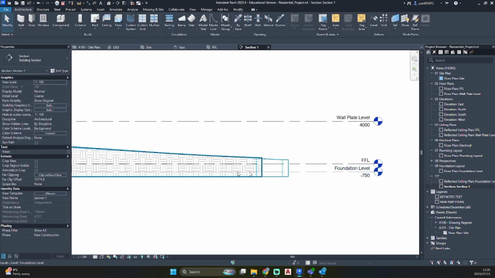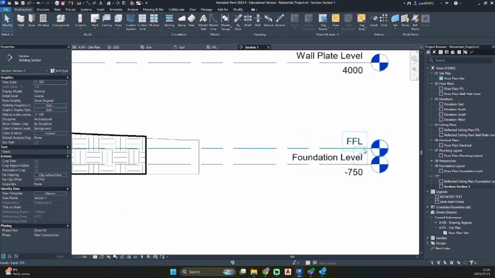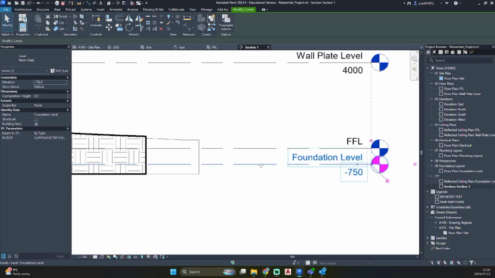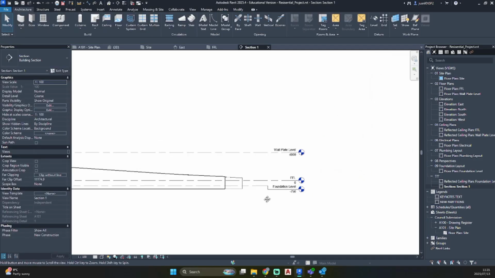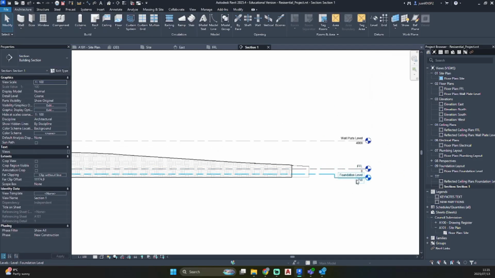So now we have our levels. As you can see, there's no dimension showing by finished floor level. If you highlight over it, you'll see it roughly behind the name of foundation level. So let's just click on our foundation level line. You'll see an elbow node. Just click on the elbow and your finished floor level dimension should pop up. So let's just click on one of these drag buttons and adjust our elbow, and that looks a lot cleaner than it did previously.